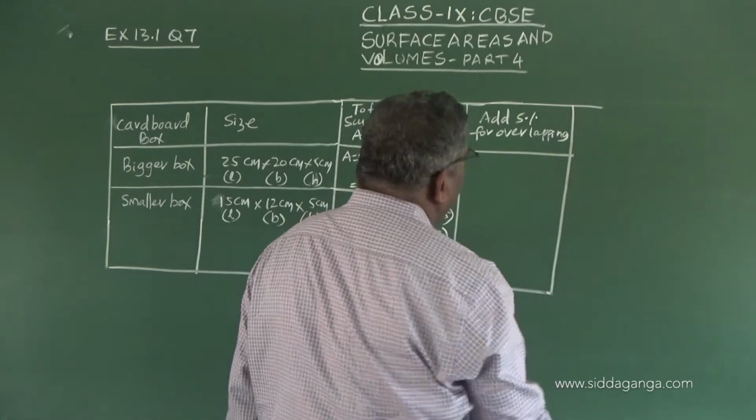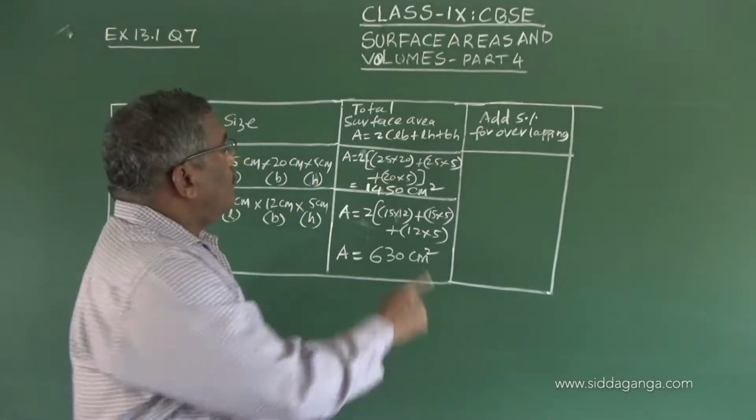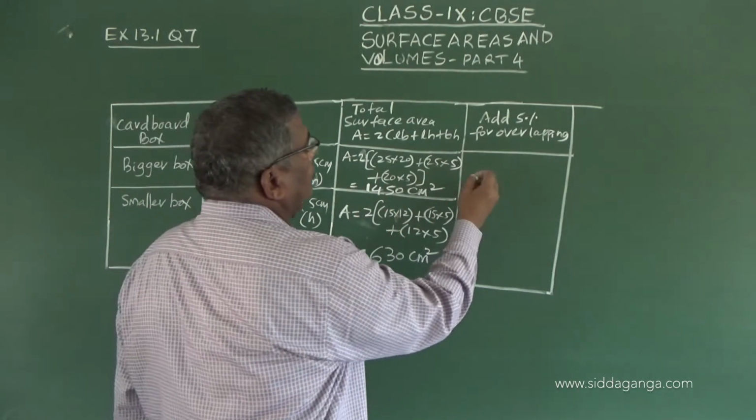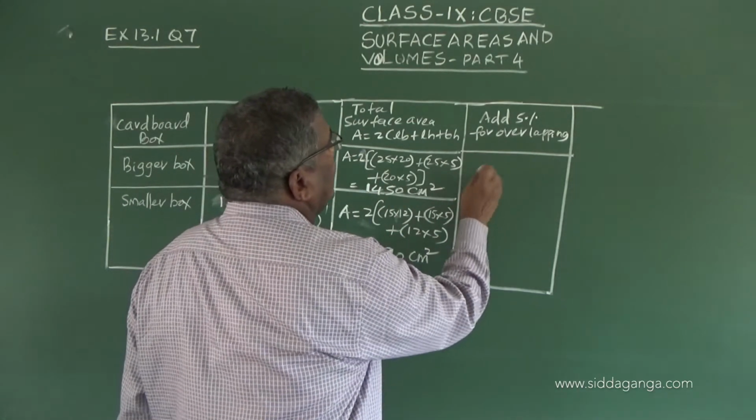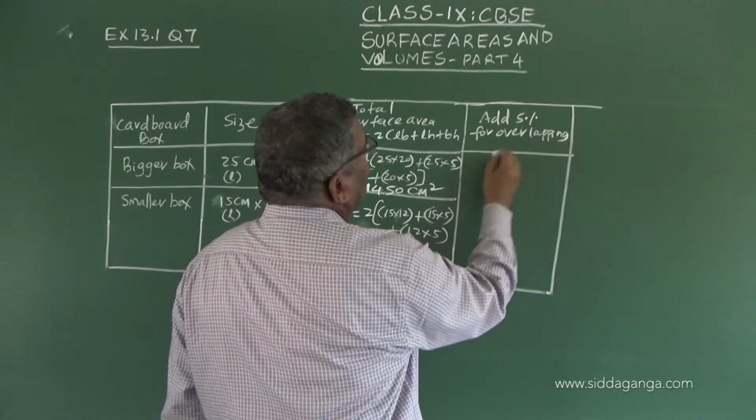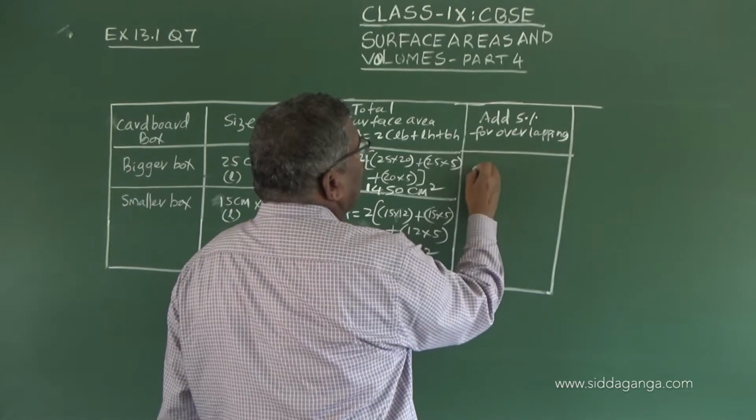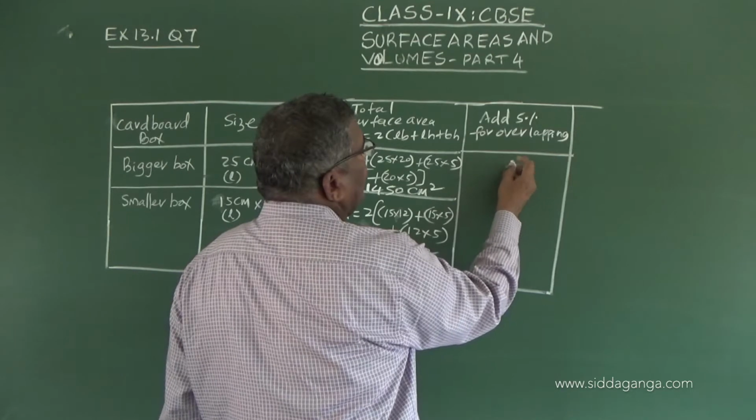So how much will they get? So this is 1450, therefore the total area is 1450,